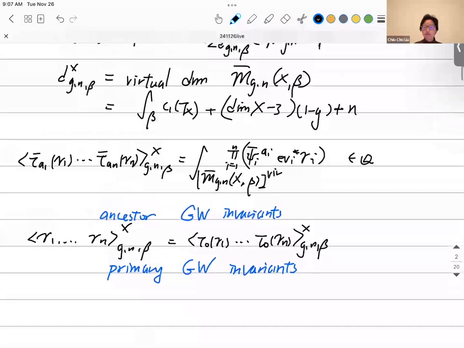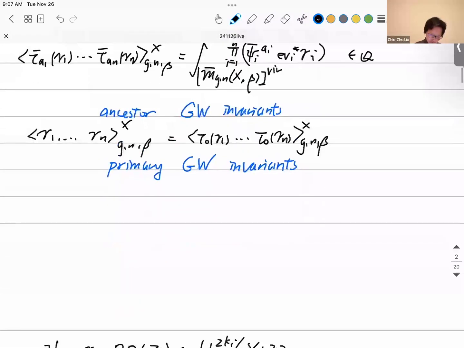So today, in the first half, I'll continue to review Gromov-Witten theory, and in the second half, I will talk about the algorithm of the topological vertex. So this is a review, and the plan today is first to